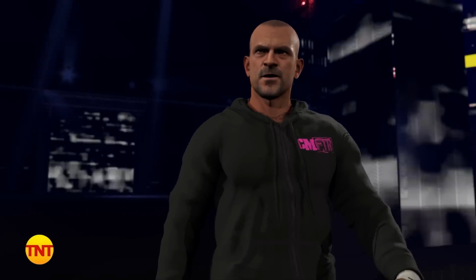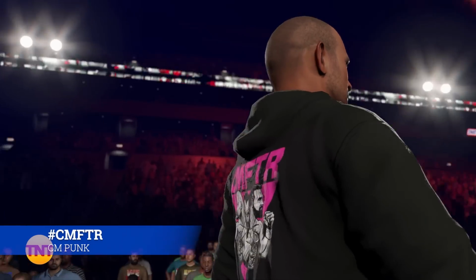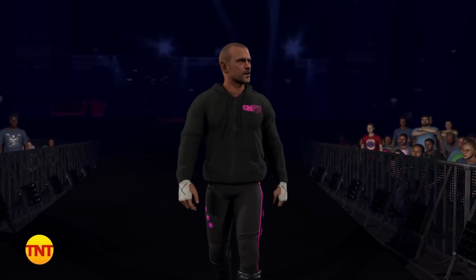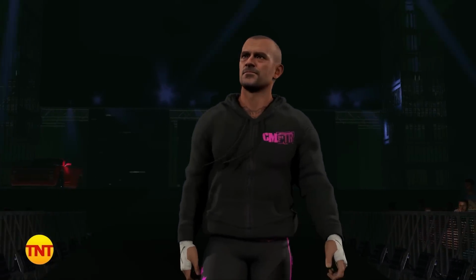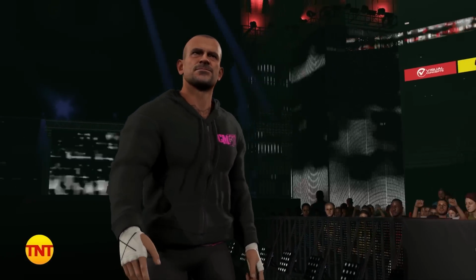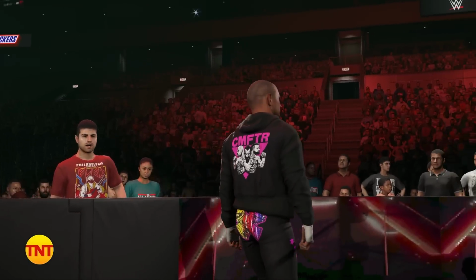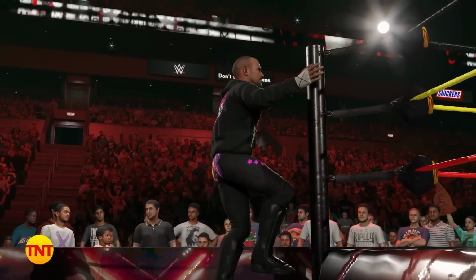This is coming in from Diffract. The tags are CM Punk. You can also search for CMFTR, Diffract AEW to locate this. So he's got the CMFTR hoodie and then the purple long pants there. You can't go wrong. Now to go along with this, you are looking at the brand new AEW Collision Arena,